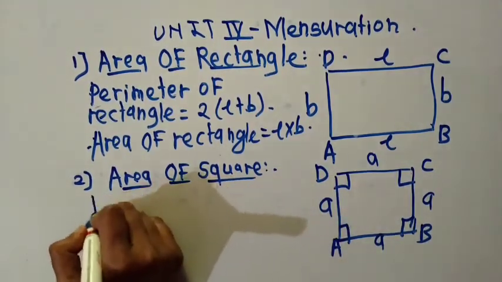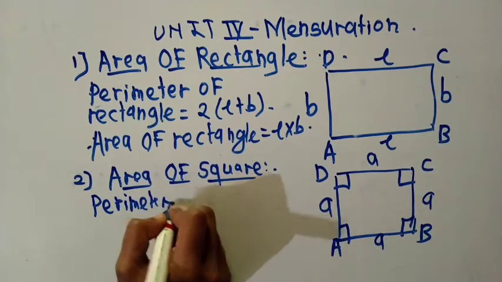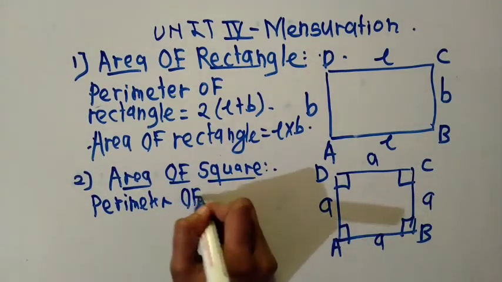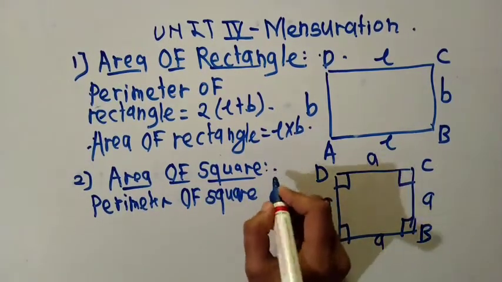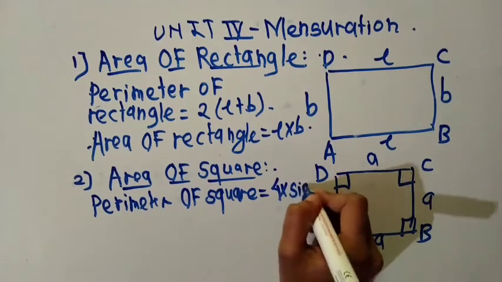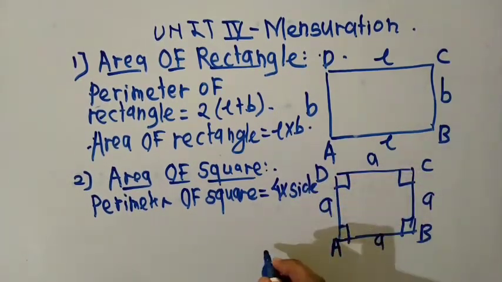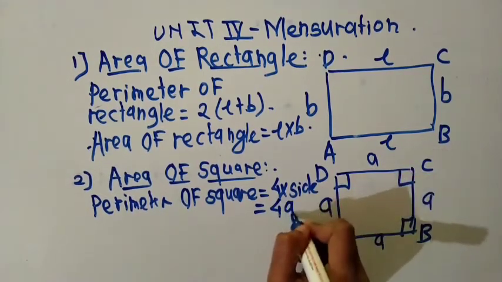Then perimeter of square is equal to 4 into side, is equal to 4A,